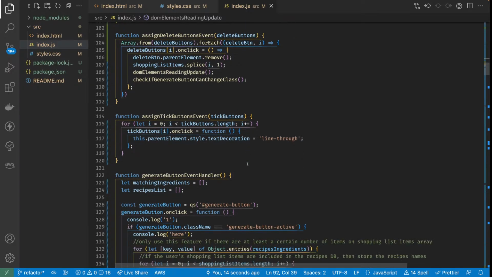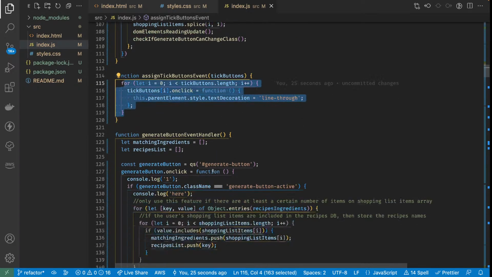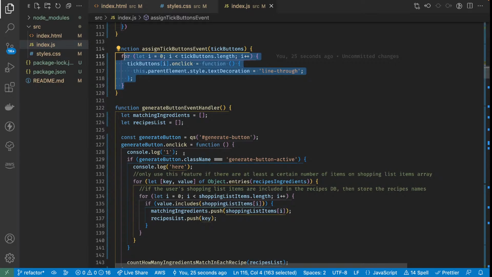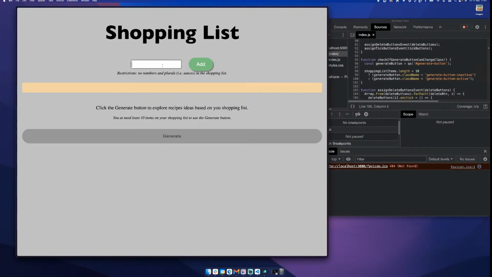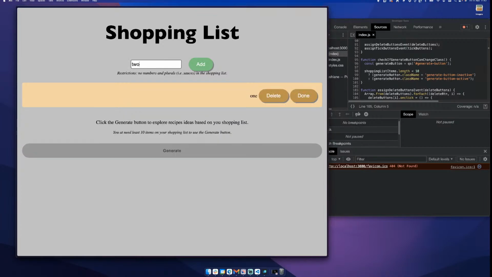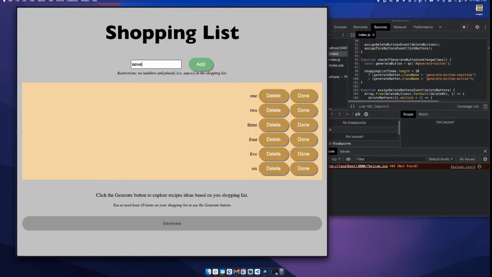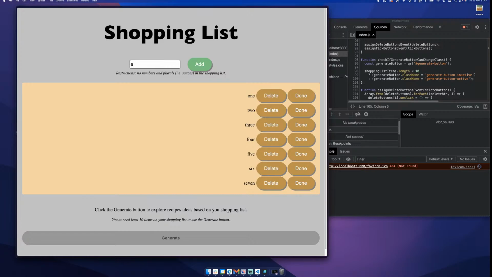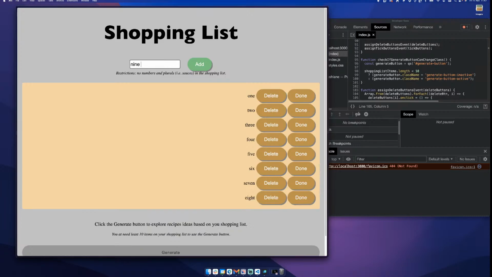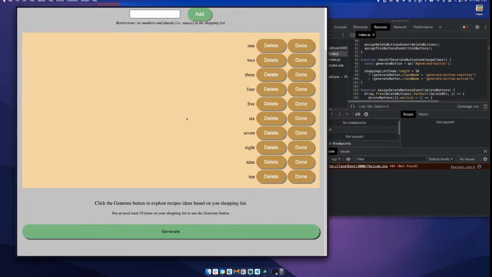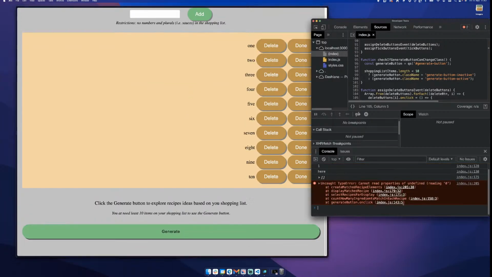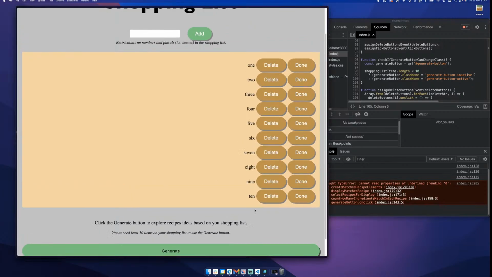But yeah, as you can tell, I could go on to refactor this line. This looks like a bit of a mess. Only uses feature of a certain number of items to shopping list. What does that do? Test. Or I can just do numbers actually. 1, 2, 3, 4, 5, 6, 7, 8, 9, 10. And this is broken. So what I'm going to do is maybe just fix this and then call it a